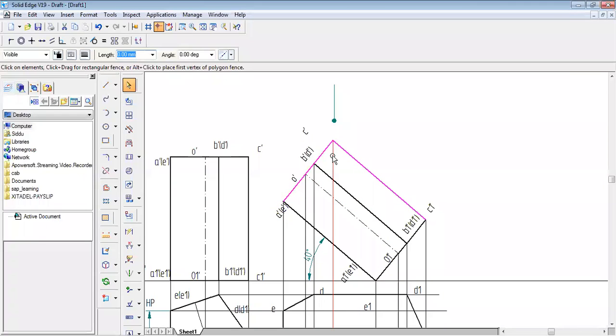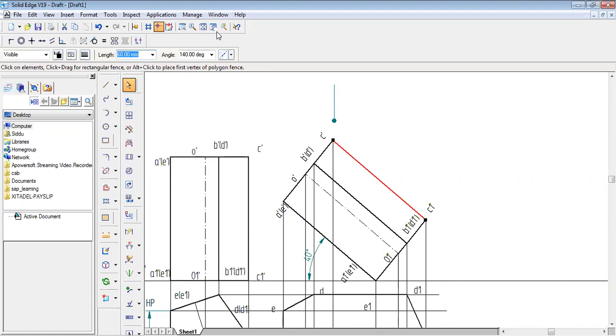Which edges are these? A to B, B to C. So this is my C here. You should not get confused. This is your C dash. So A to B is seen to me, B to C is seen to me, C to D is seen to me, and D to E, because A, B, C, D, E are going to be on the same line. Similarly, C dash to C1 dash is going to be seen to me, right?